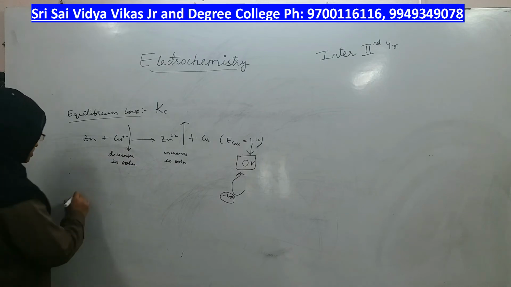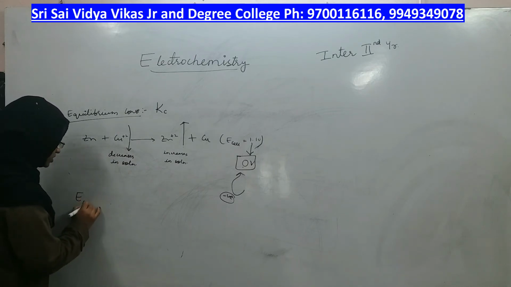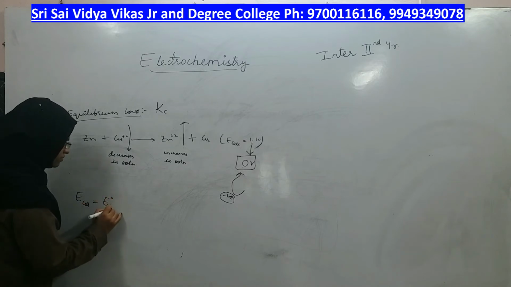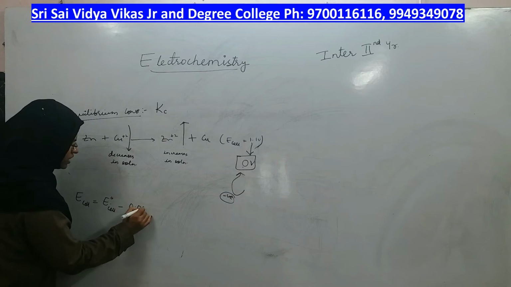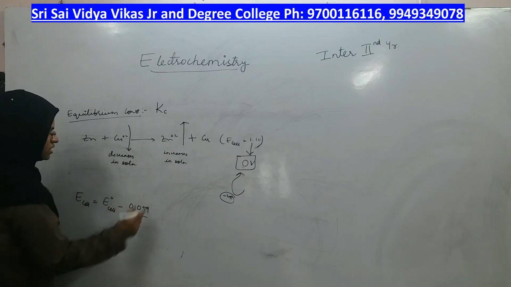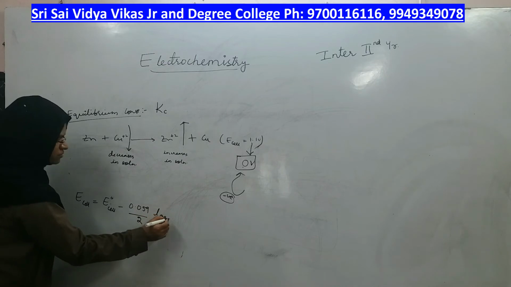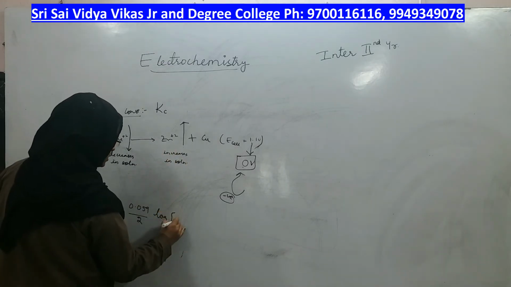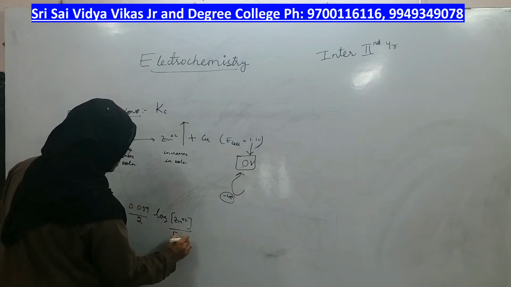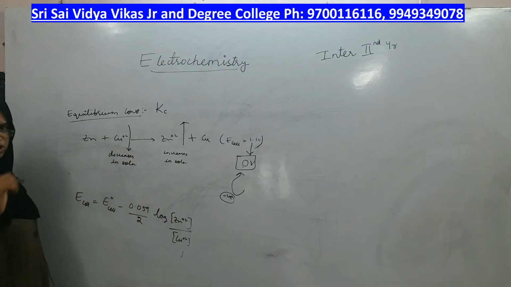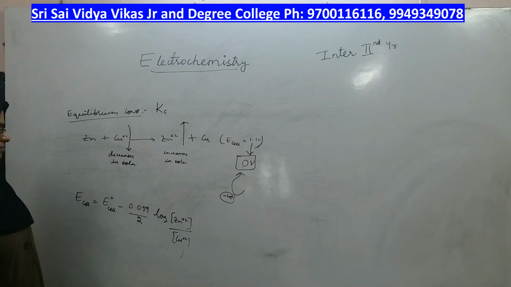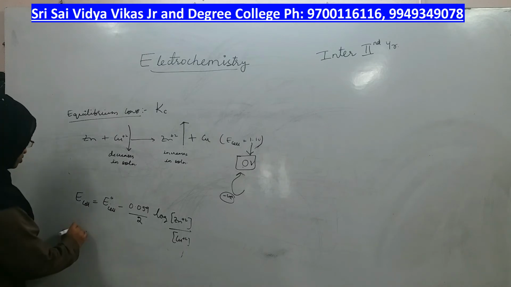Now using this value, how to calculate the equilibrium constant is by using the same Nernst equation with a little modification. What was the Nernst equation? Cell potential is equal to standard cell potential minus 0.059 by n, here n is 2, log of product concentration over reactant concentration. Who is the product here? Zn2+. And who is the reactant here? Cu2+. Because for copper and zinc the value was unity, there is no need to take it. This was the Nernst equation generally. But at equilibrium, the cell is no longer giving any reading, it stopped at 0 volt.